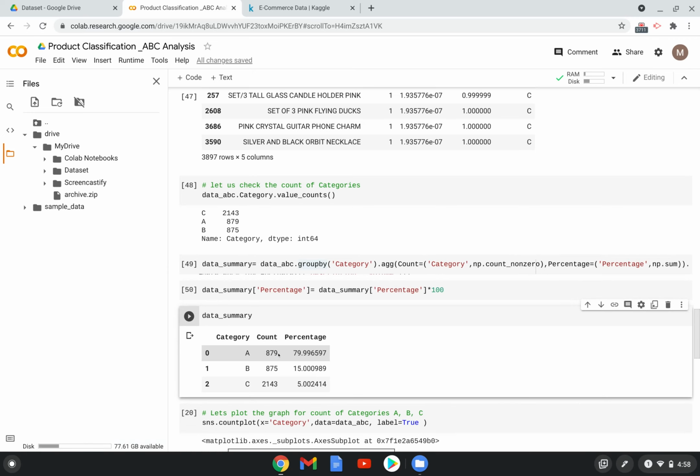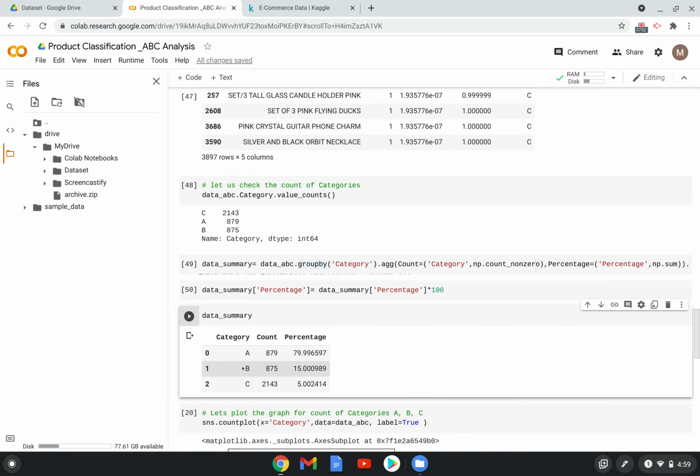So less than 20 percentage of items are responsible for 80 percentage of the volume. That means if you look after just these 871 items carefully, if you prioritize the service level for these items and make sure your inventory does not stock out for them, then you don't need to worry about your sales, because these are the items responsible for 80% of your sales volume. That is the key thing.